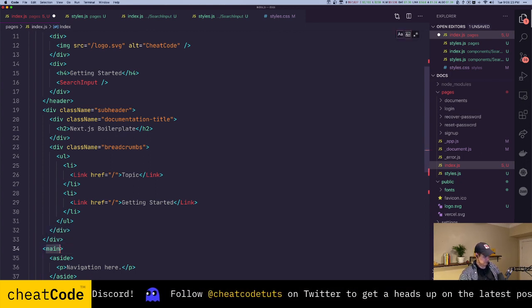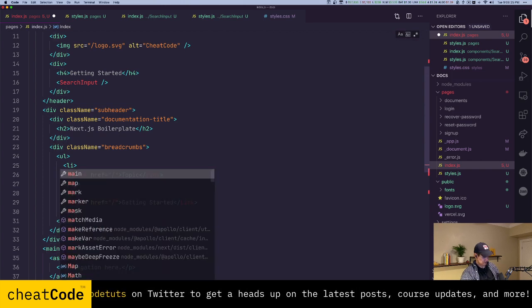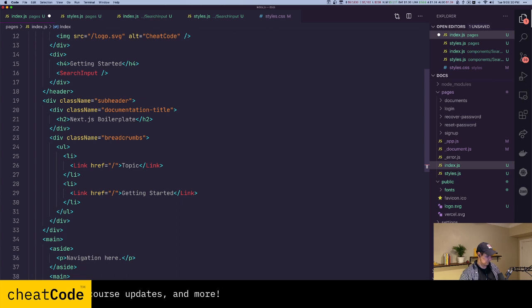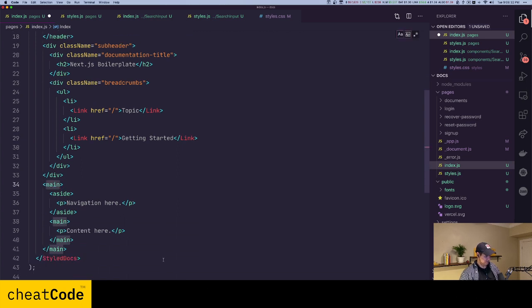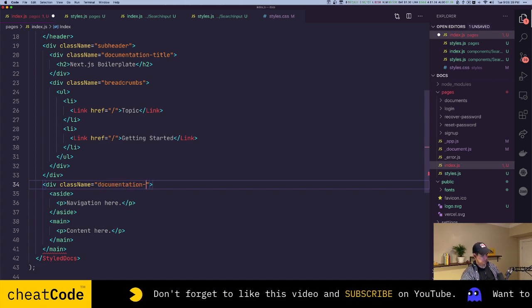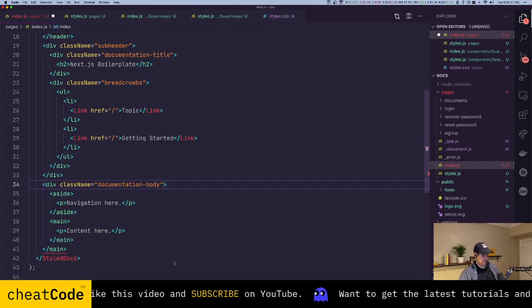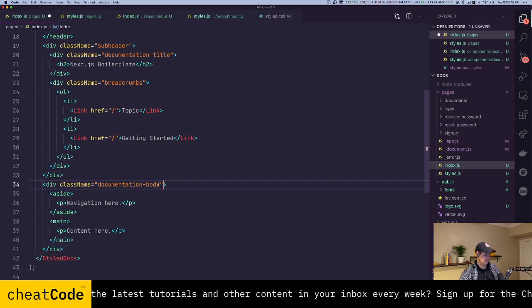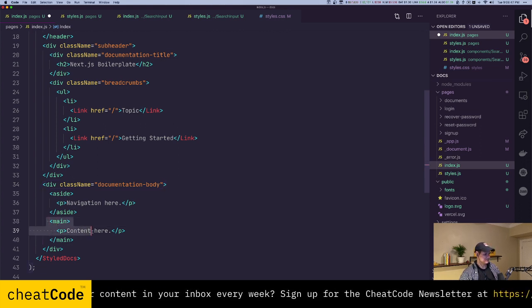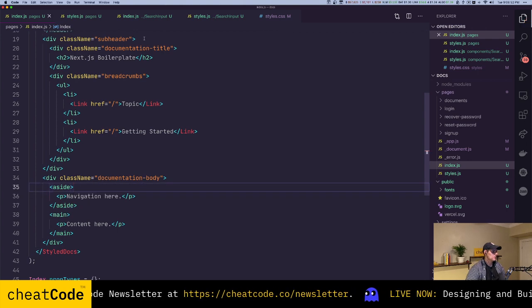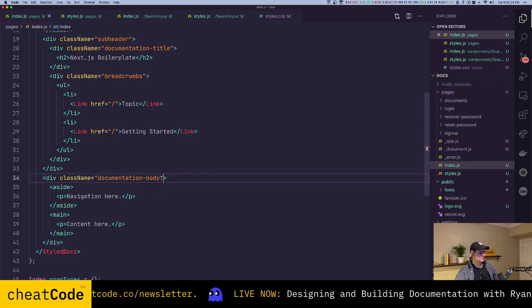Actually, I take that back. Main is the content itself. And then this we'll just make as a div. I'm reluctantly going to call it that. I don't know why that bothers me. Documentation body. I guess that's true, because this will be documentation content and nav, which make up the body of the page. Okay, so documentation body